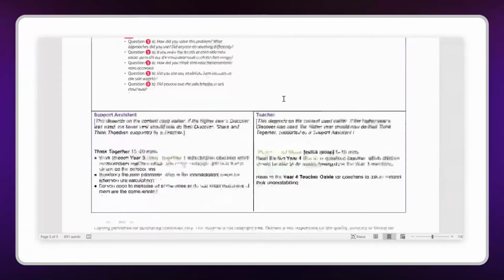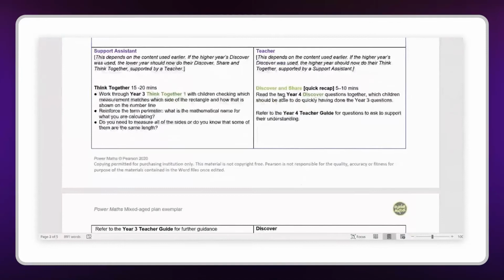And then in this case, the class are splitting when they get to the think together. So the TA is going to work with the year 3 children on doing their think together questions. At that point, what the teacher is going to do in this example is to do a quick recap of the discover and share content from the year 4 textbook. So the idea here is they've worked together and been discussing the year 3 pages, and actually a quick recap would be fine of the year 4 discover and share,